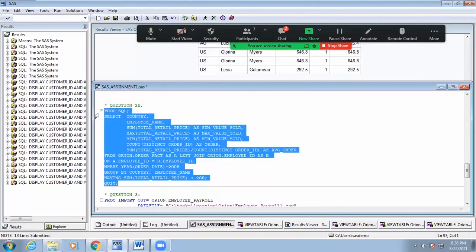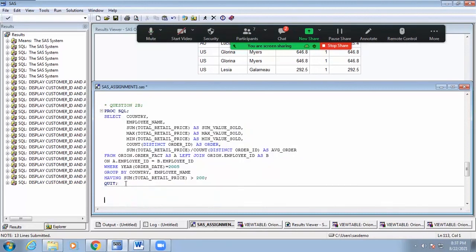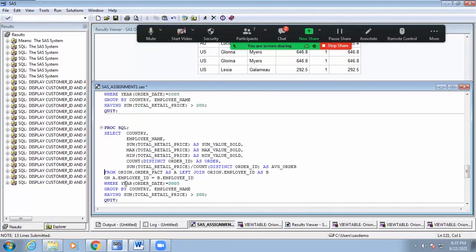Okay. So B dot country, B dot first name, and then sum of A dot total as value sold,